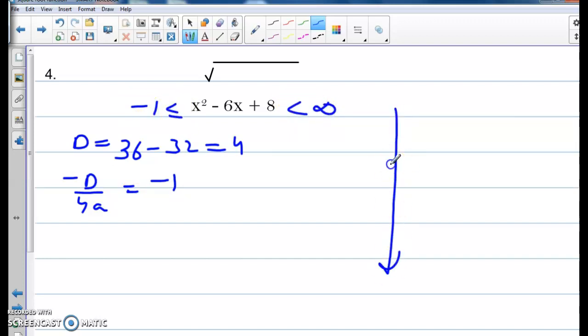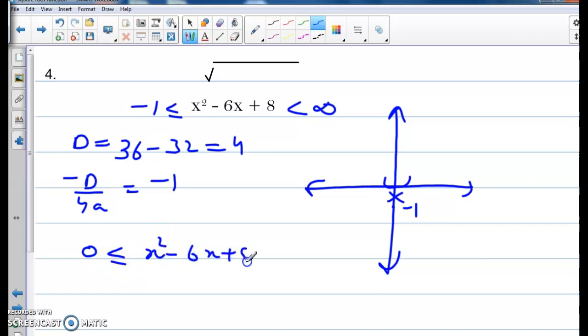On the number line, plot this. Minus 1 is somewhere negative, minus 1. But we cannot take the square root of negatives. So we consider it from 0. 0 is less than or equal to x square minus 6x plus 8 less than infinity. Taking the square root on both sides, we get the required range as 0 to